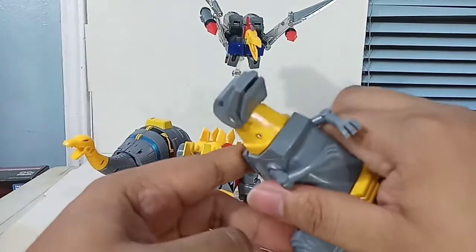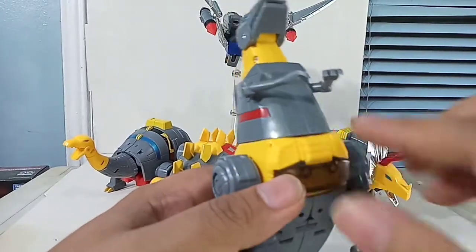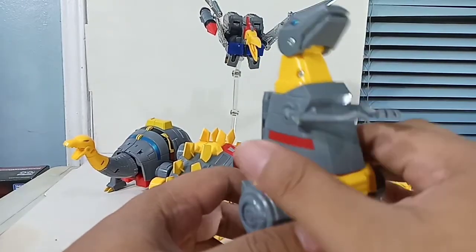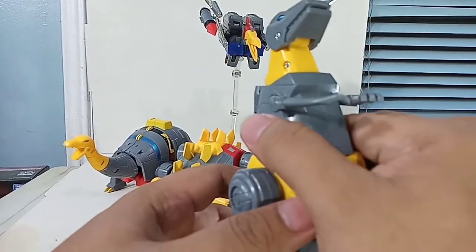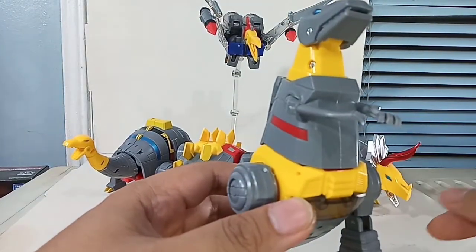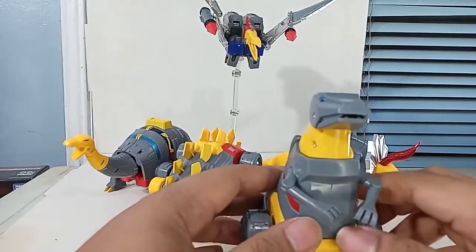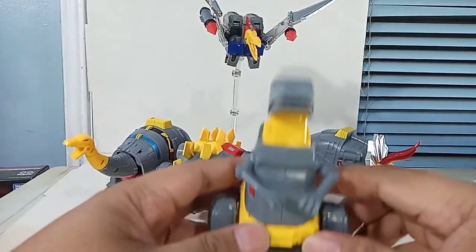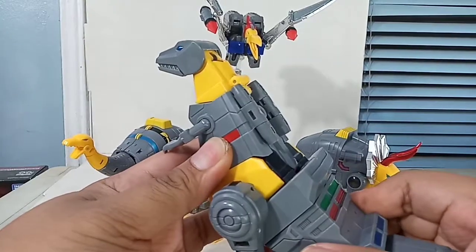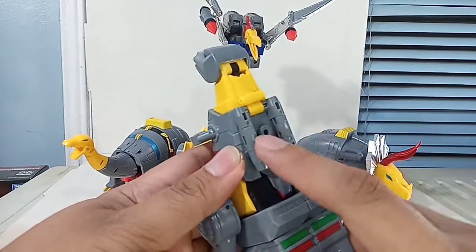And one other thing that I noticed is that the Grimlock that I had, the metallic one, had a very flush chest area or tummy area. Now I have to squeeze it in so that the crease or that seam line would be seamless, but it still sometimes gets exposed. As you can see, when I place him, it shows. So this is again a little hit or miss. Definitely a lot of sprue marks here and there,